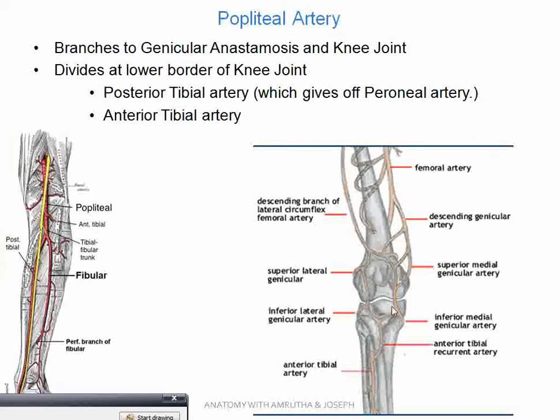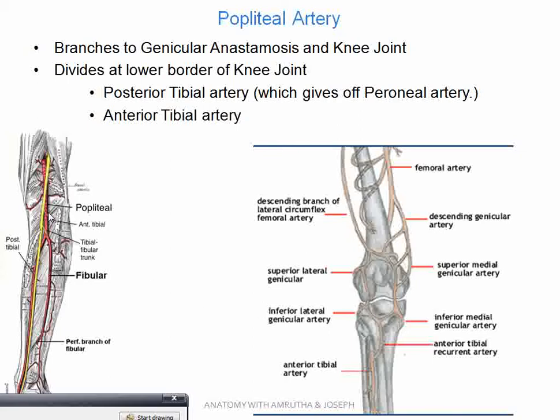Another view of the anterior aspect: femoral artery, anterior view, patella, femur, tibia, fibula. The femoral artery goes backwards, continuing as the popliteal artery that you cannot see because it is posterior, whereas here this is a posterior view, this is an anterior view, giving a branch, the descending genicular artery, before passing into the adductor hiatus. That anastomoses with some branches here, and all together they form the genicular anastomosis.